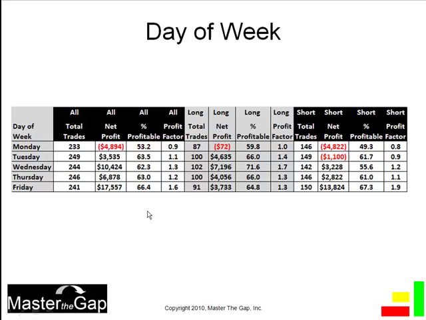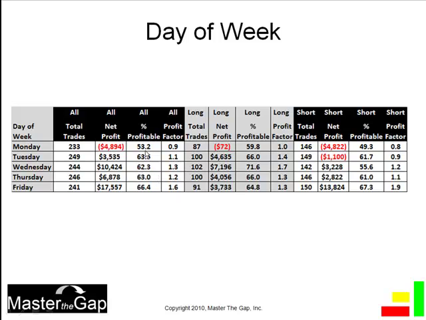I won't go into much more than that, but you can certainly see that during the middle of the week the profit factors are strong. If you're not familiar with the term profit factor, that means you take all of your historical profits and divide by your historical losses. Any value greater than 1.0 means that that particular setup historically has made money. So you can see everything is greater than 1.0 with decent win rates here, 62, 63%, pretty consistent all the way through the middle part of the week.